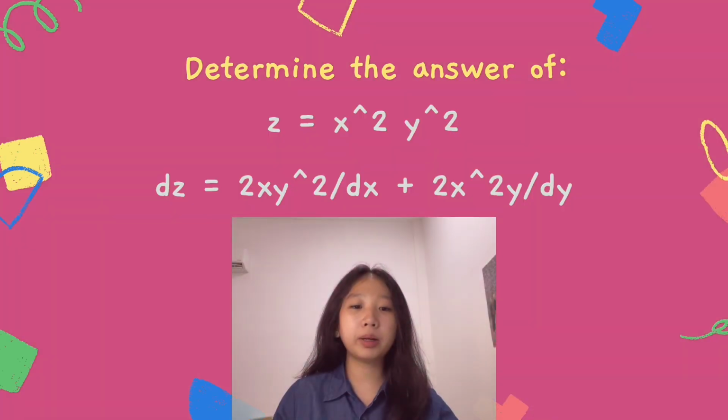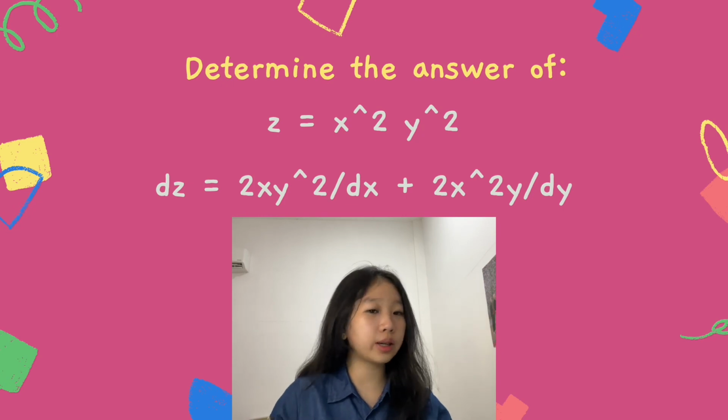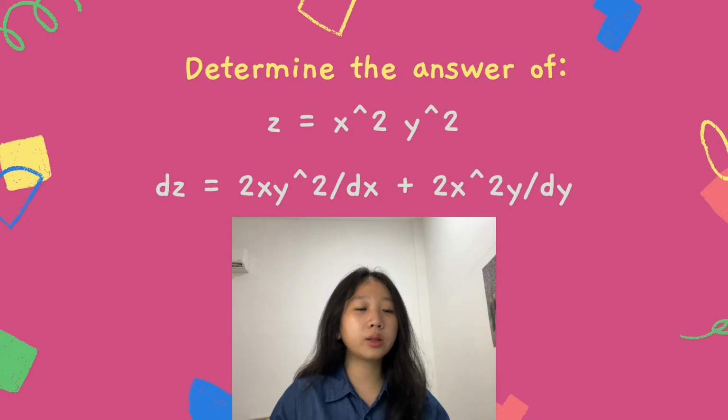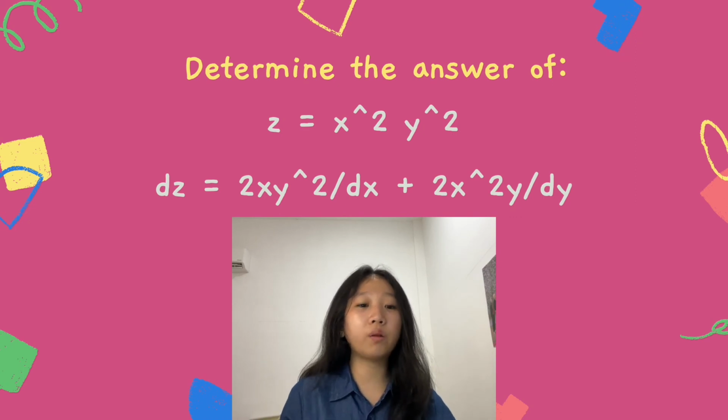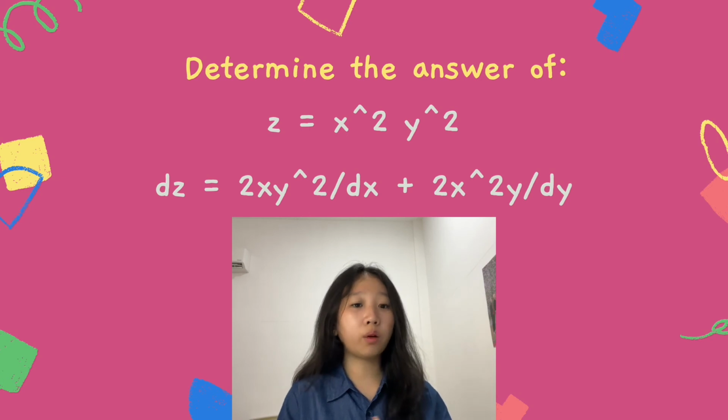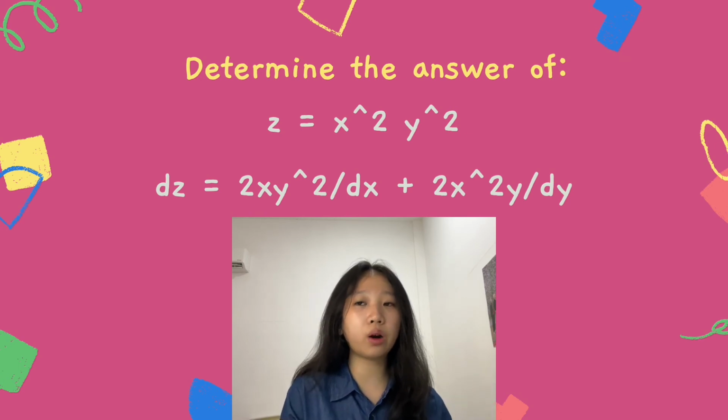For the third example, it is the total differential, where the equation is z equals x squared times y squared, and the answer is dz equals the derivative with respect to x, which is 2x y squared dx, plus, since it is total, we add the derivative with respect to y, which is 2x squared